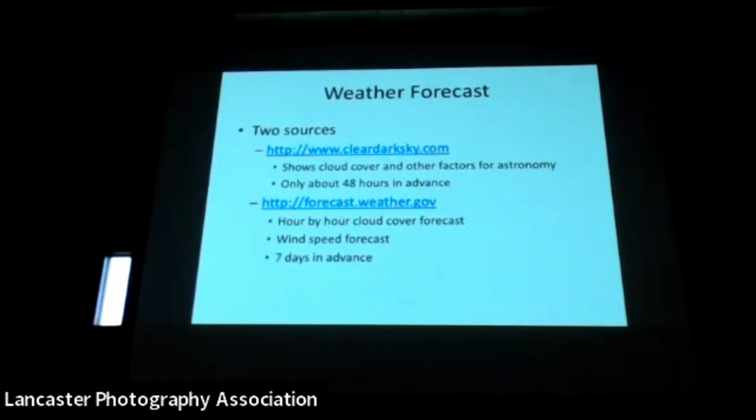It's important to look at the weather to know if it's going to be clear or not. If it's going to be cloudy or partially cloudy, it's not worth the trouble. So you've got to have no moon plus a clear sky. There are two sources that I recommend. One is cleardarkskies.com, where you can pick locations. It has forecasts with the cloud cover for about 48 hours in advance. It's not 100% accurate,